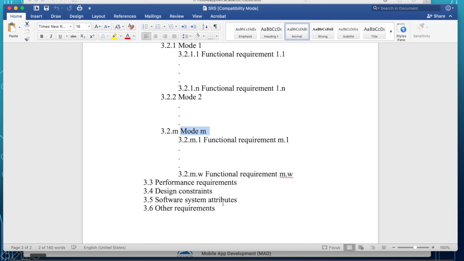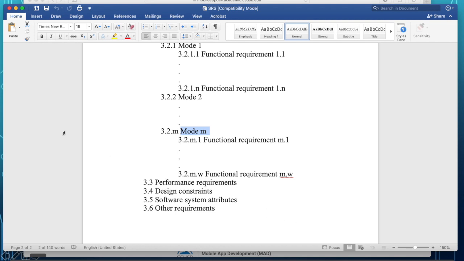The software system attributes, are there any system attributes that you are looking for? This refers to the different APIs that you will be using. If you are thinking of using those APIs, what attributes of the API software system are you looking for. And the other requirements, we will talk more about this, are any non-functional requirements that the software will need. And this talks about reliability, usability, and many other non-functional requirements that the system will need.